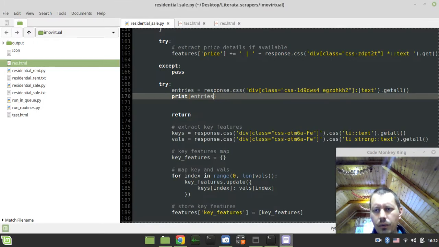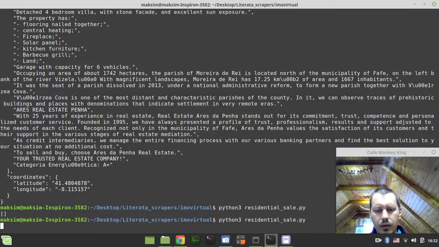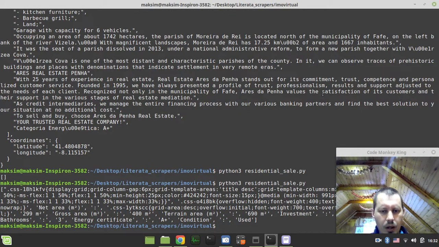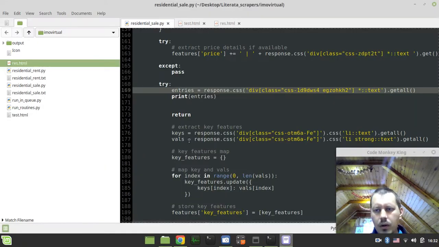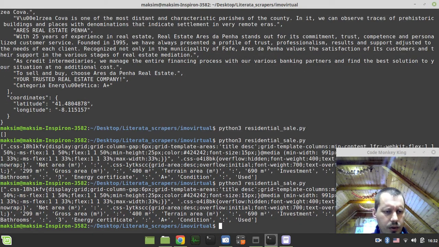Oh, I should go for all the text recursively, apparently. Okay, but still, I can get what is total. Well, actually, the data is there.